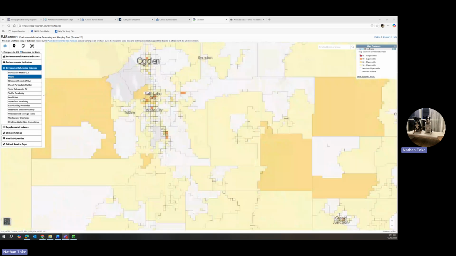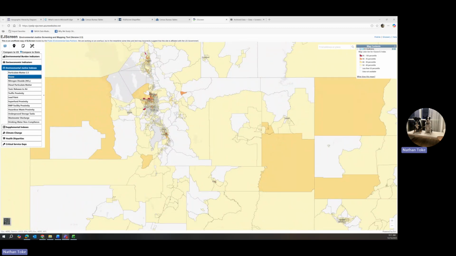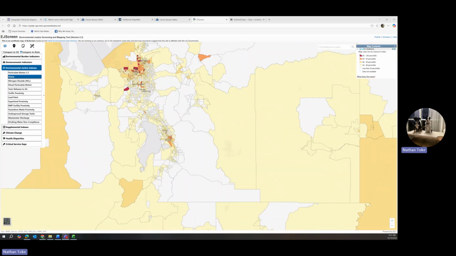But in Utah, there are pretty high ozone areas in certain parts of our urban front as well, especially in the lower parts of the valleys down near Great Salt Lake, and down on the lower part of the